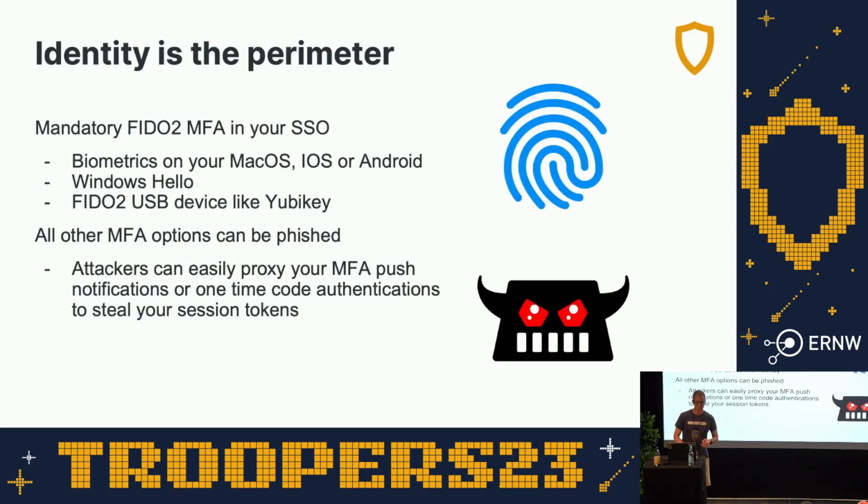Why do I have this as number one? Because identity is the perimeter. When you're a distributed company, identity is your perimeter. It's not the firewall. It's not the gateway. Those things don't exist anymore. And let's be honest, they were never really the perimeter. It was always identity. The hackers usually didn't work from your office. They worked remote, and they would log in from a remote office. They were remote workers you didn't pay until the end. How do you stop that?